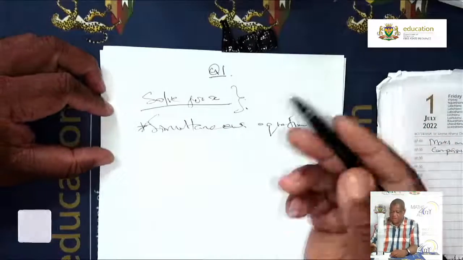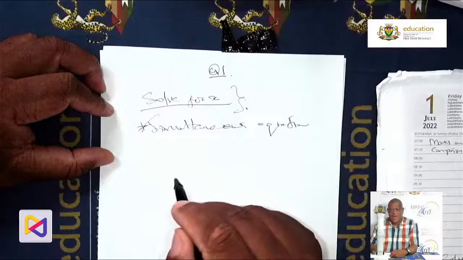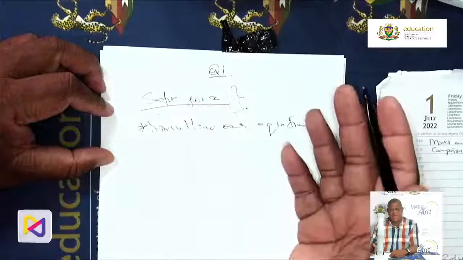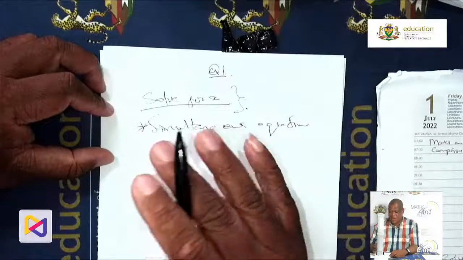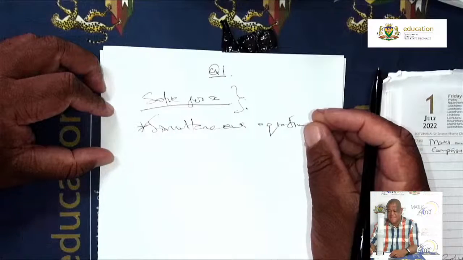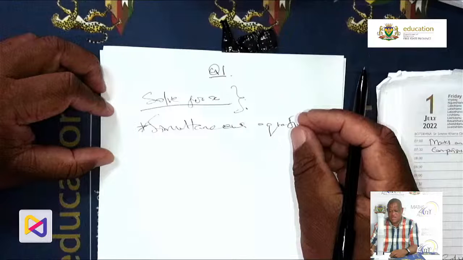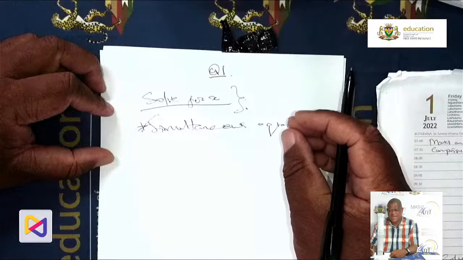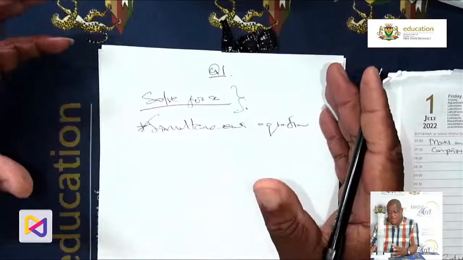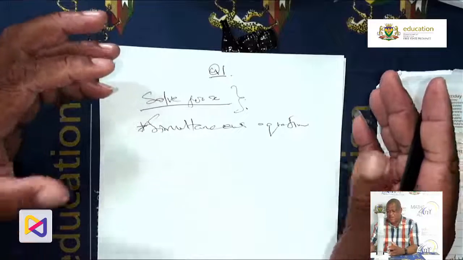So your expectation is for us to make the linear one, make either y or x the subject of the formula. We shall make either y or x depending on which one is easier to work with. We need not take things that are a bit complicated. We make it easy for our life. Take either y if y can easily be made the subject of the formula. And after that,